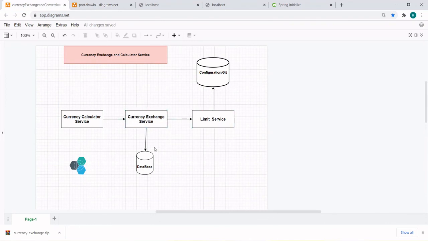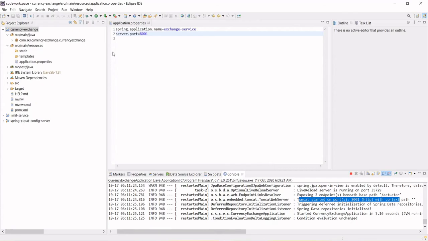Now we will be reading the exchange rate from the database. Okay, so we will see how we can pass the from currency and to currency, and how we can get the exchange rate, what is the value of that particular currency exchange that we will be getting. Okay, so for now, let's close this, and we'll see in the next step how we can code here to get the exchange rate. So thanks, bye for now, see you in the next step, bye bye.